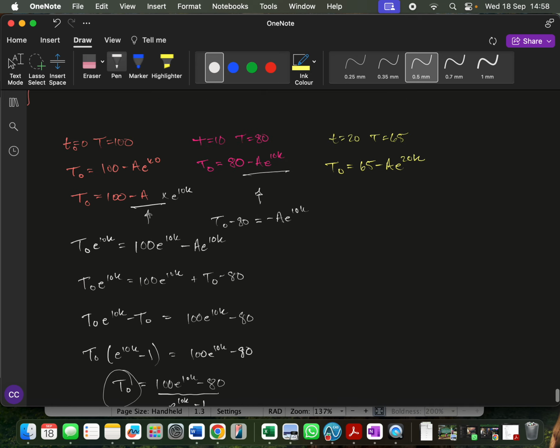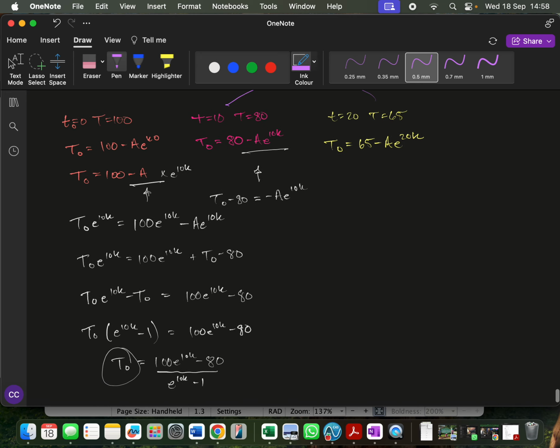So I'm going to now solve these two for T0, and then I'll set them equal to each other. I'll be able to solve for K. So if I do that real quick, in order to combine these two,